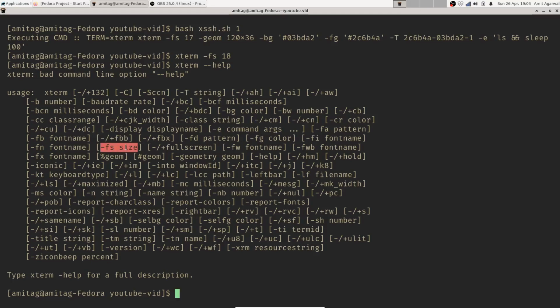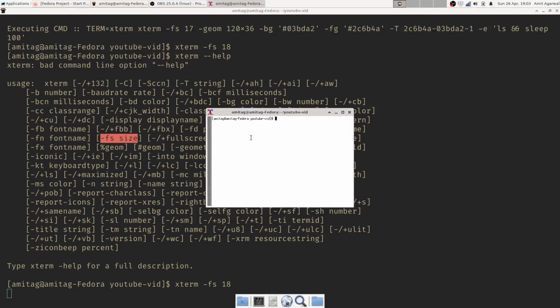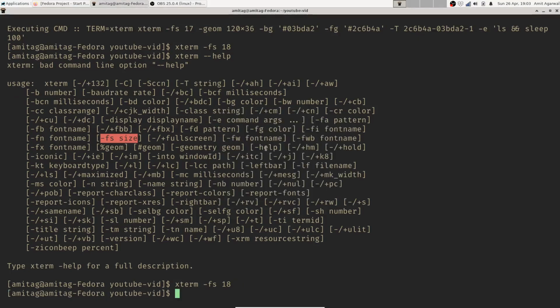Fs is the font size. I think it must be because of the font that I have set that it is not able to select such a big font. But if we do it with something like Gnome Terminal,